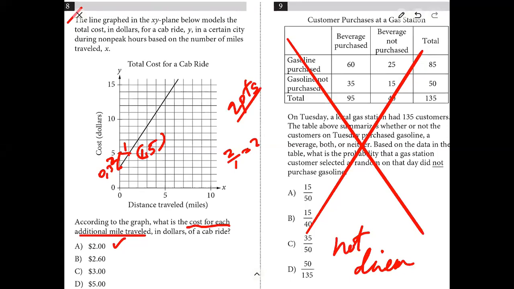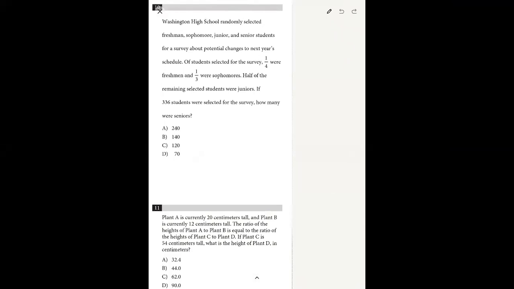Now, number 9 is not a linear problem, so we can't do that with the ALINEAR program, so let's keep going. So for the next question, let me change my iPad around so that the orientation switches. It says, why should in high school randomly selected freshmen, sophomore, junior, and senior students for a survey about potential changes to next year's schedule? Of the students selected for the survey, 1/4 were freshmen, 1/3 were sophomores, and then half of the remaining students were juniors. If 330 students were selected for the survey,